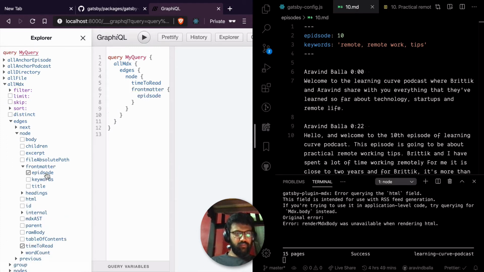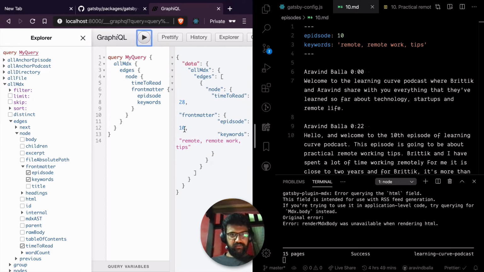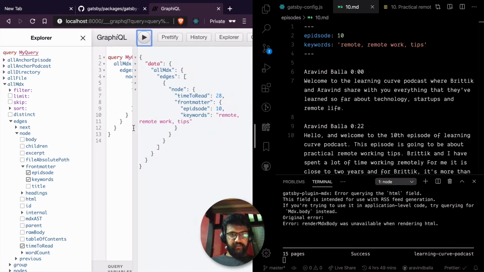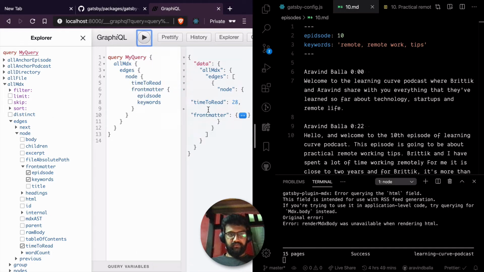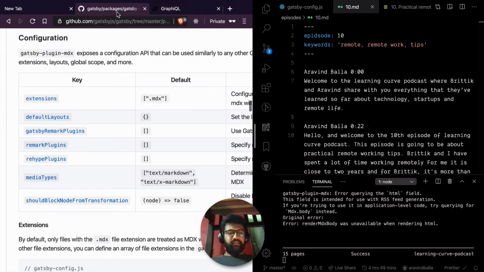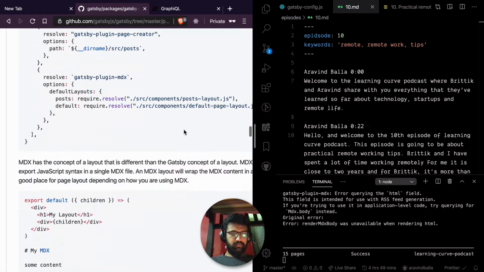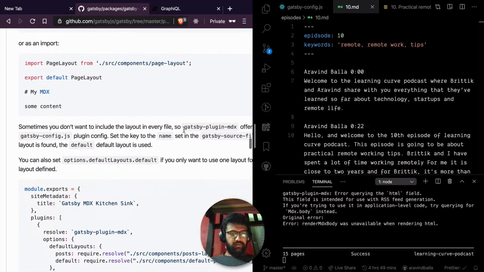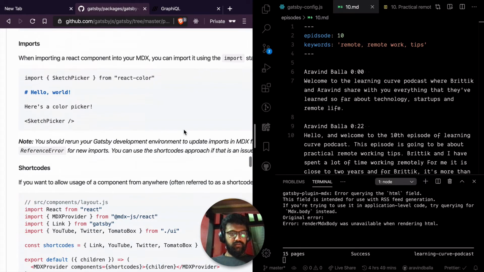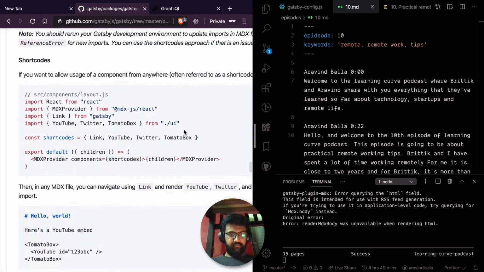Yeah, so it should now have episode and keywords. So the episode is 10 and the keywords are this. Cool. So this thing works. Now what we do here is to go to the page and query from there.